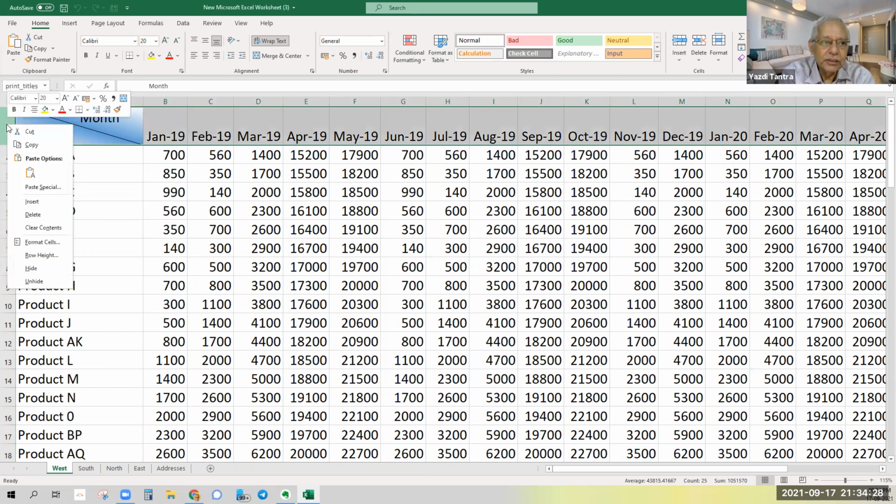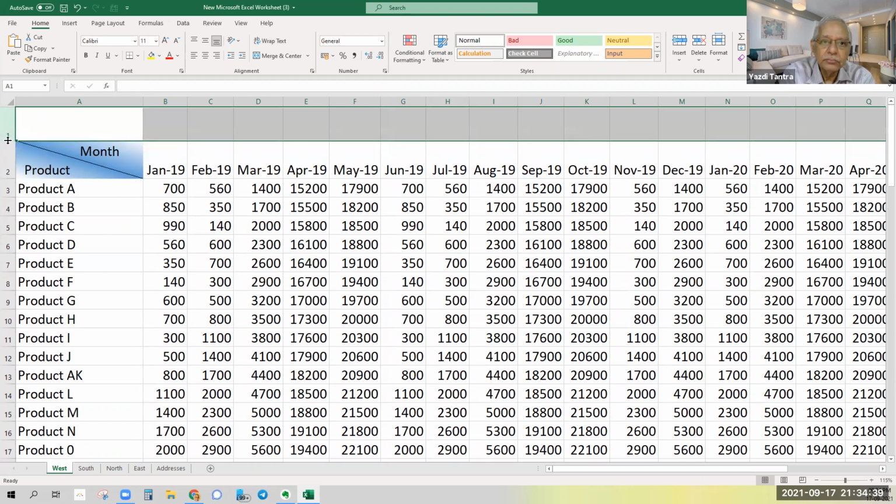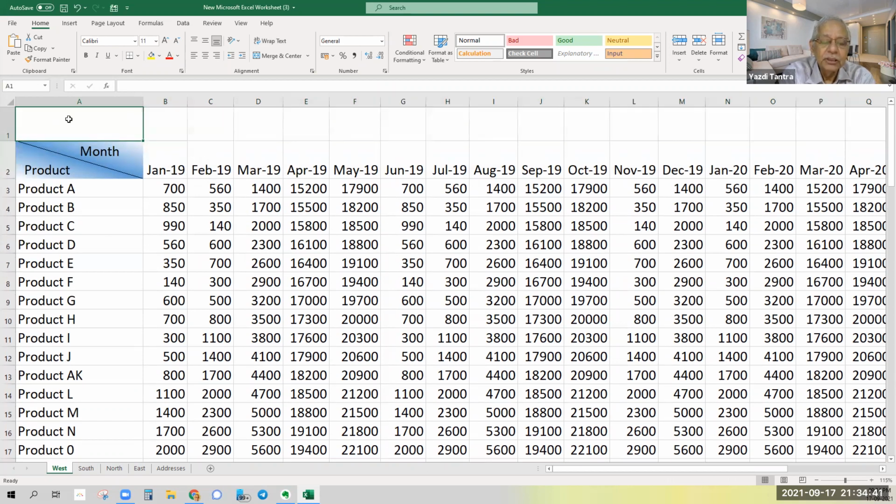I'm just inserting a row, so I inserted a row. Maybe make it a little bigger. So how did I get month on the top right? I'll just type month. Of course, I can format it.